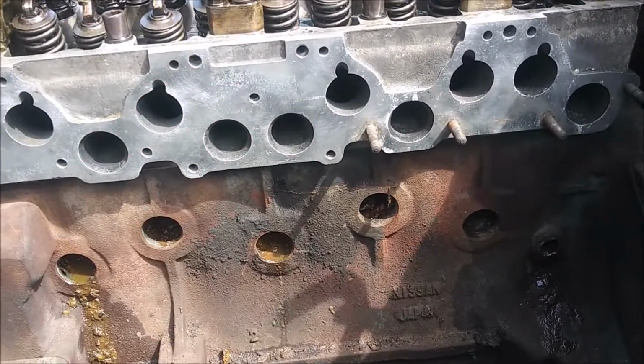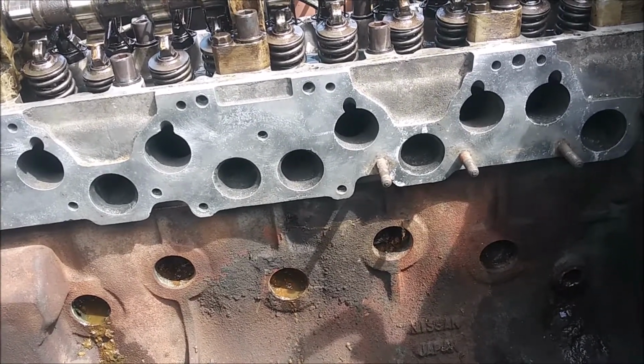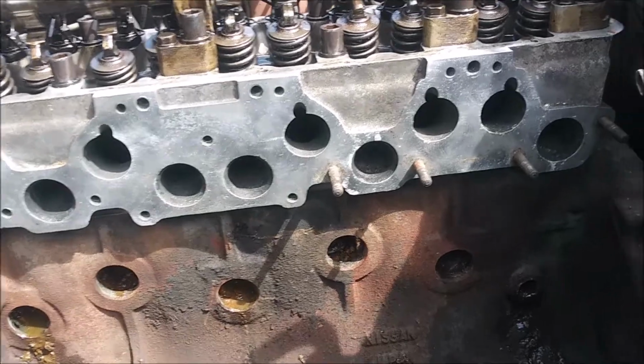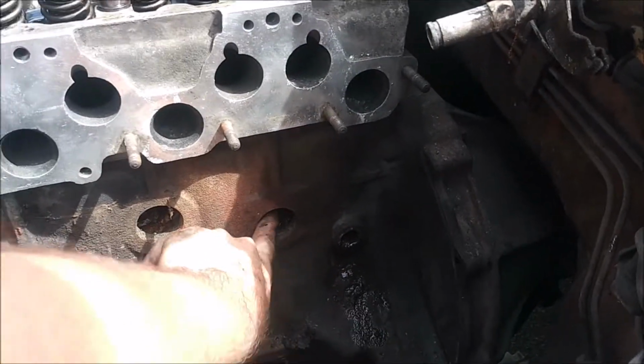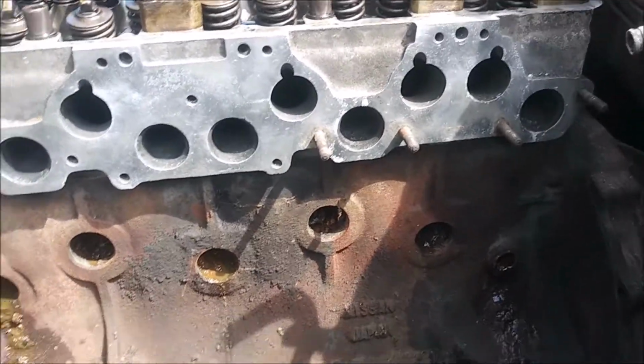That's bad. That's, like, bad, dude. I think this engine's done. Like, that's solid right there. I probably could dig it out with a screwdriver, but